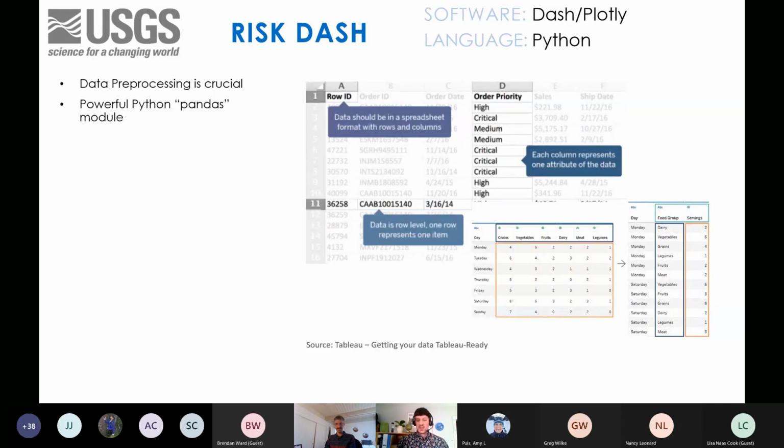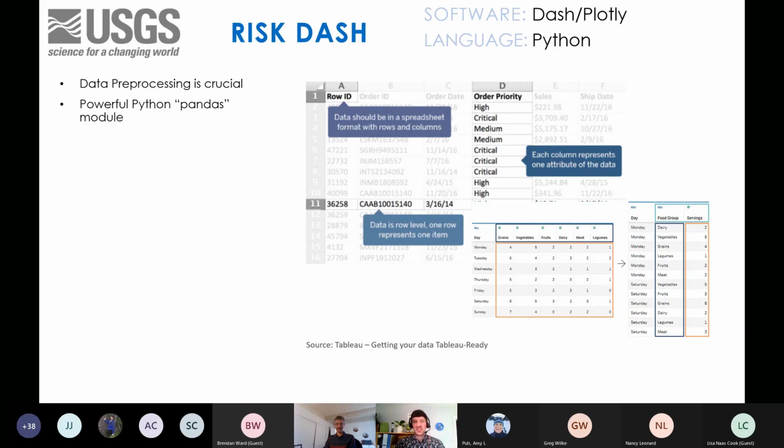So an important thing that we hadn't exactly talked about, and Tableau and these dashboards have been around a lot, so people may already have a good grasp of this, but pre-processing the data is pretty crucial. A lot of these applications and dashboard builders work with the idea of database schema, with tables in mind, rather than the more Excel and human familiar format that we're used to working with.